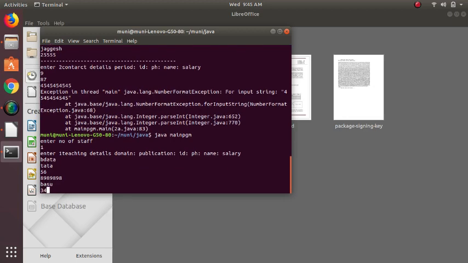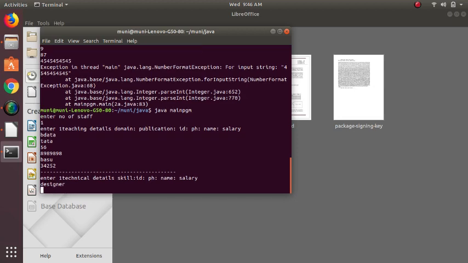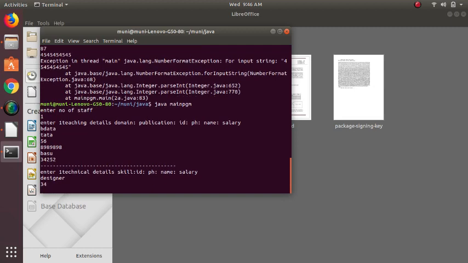Salary some 44, some random numbers. Okay, salary is over. Technical number. First skills, I'll use technician. Otherwise I use designer. ID some 34, phone number 85.